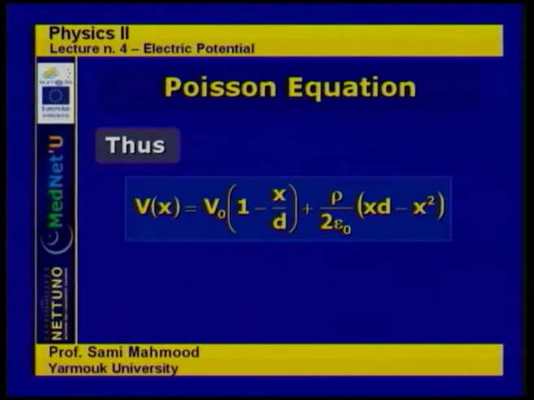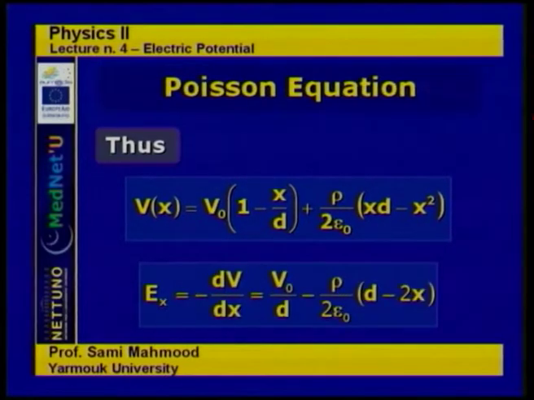Thus, putting these values of the undetermined constants, which we determined from the boundary conditions, back into the formula for V of x, we get V of x is equal to V naught times 1 minus x over d, close parenthesis, plus the second term, rho over 2 epsilon naught, open parenthesis, xd minus x squared. So this gives the potential between the plates at any position between the plates, and the electric field is derived